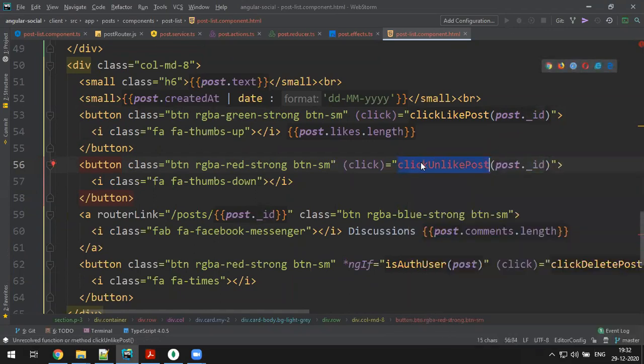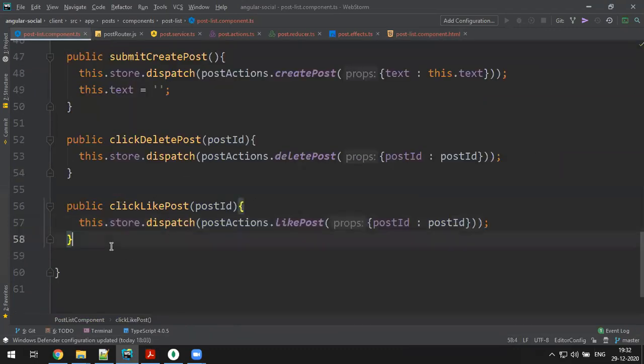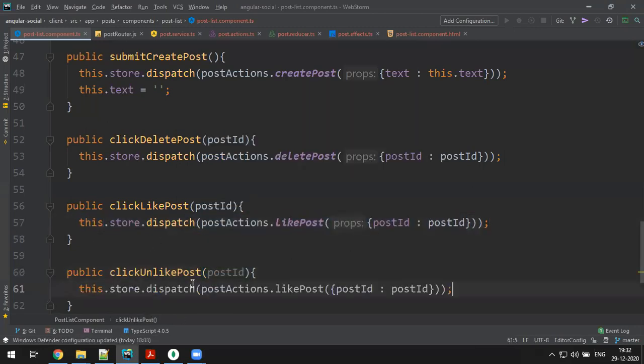So click unlike post, copy, go to here. So public, click unlike post, need to provide the post id. Here you get the post id. So let's say dispatch unlike post. Okay, this will take care of unliking.